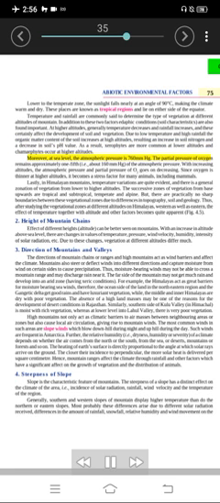Moreover, at sea level, the atmospheric pressure is 760 mm Hg. The partial pressure of oxygen remains approximately 1/5, i.e., about 160 mm Hg, of the atmospheric pressure. With increasing altitudes, the atmospheric pressure and partial pressure of O2 go on decreasing. Since oxygen is thinner at higher altitudes, it becomes a stress factor for many animals, including mammals.